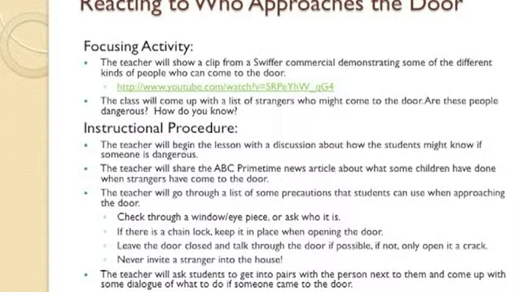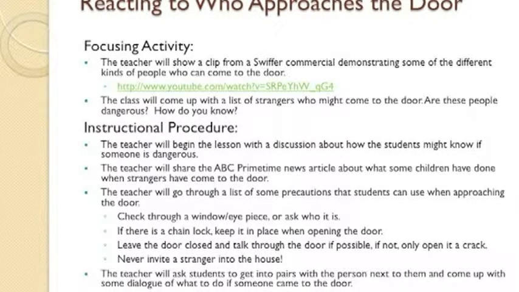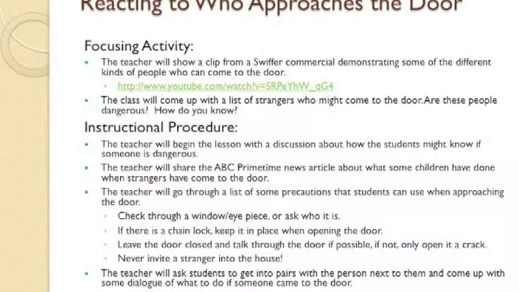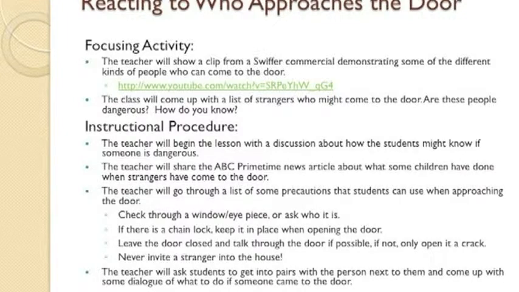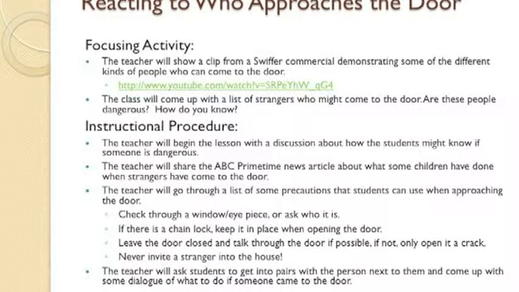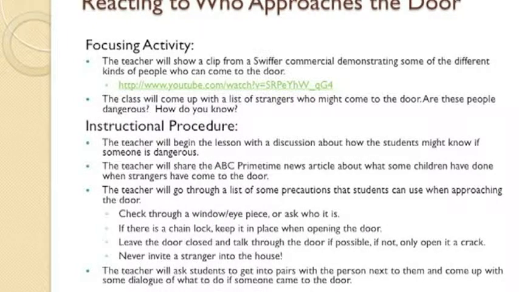Because in those situations, they look like normal people, but they could be somebody who wants to do harm or do something bad. So then they would talk about why the students think they're dangerous, and then the teacher would talk about the article, which described a student who had let a person in because they asked to borrow the phone. The girl originally brought the phone outside, and then they said they couldn't hear, so she let the person inside. The parents were sitting in a car on the street, and they were shocked that it would happen.